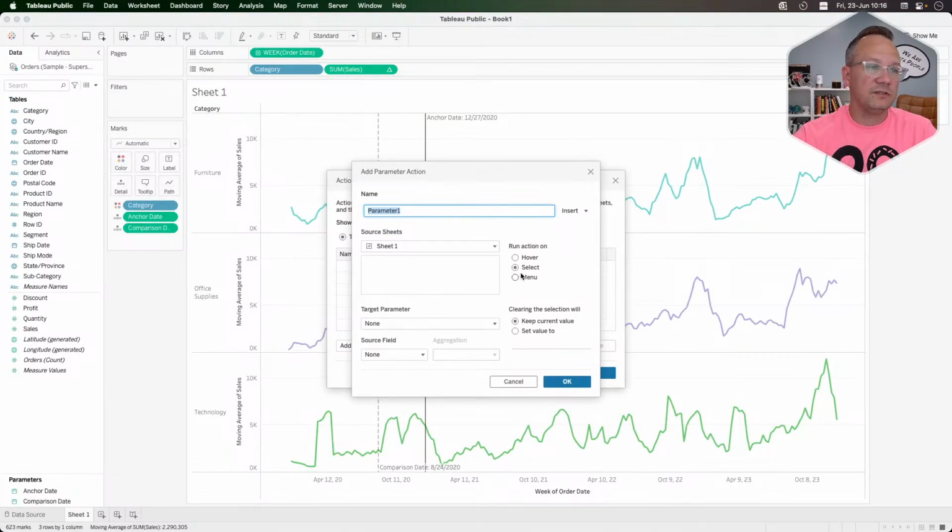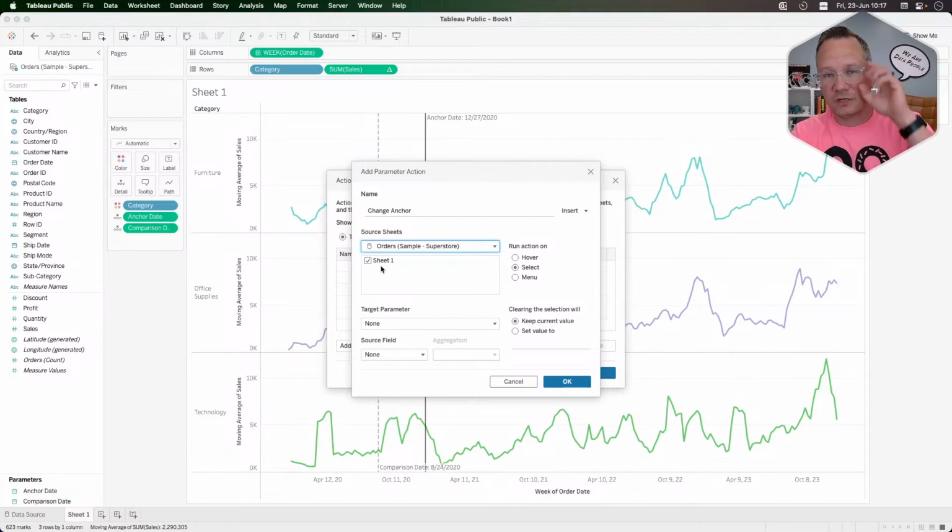So on select, this is going to be the change anchor. And we'll do it for the entire data source so that